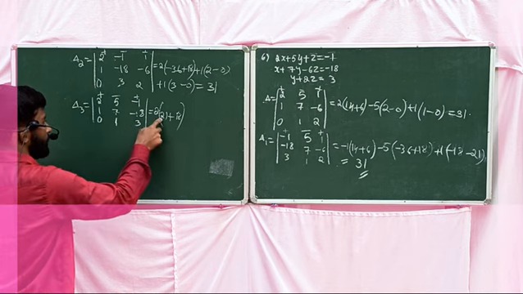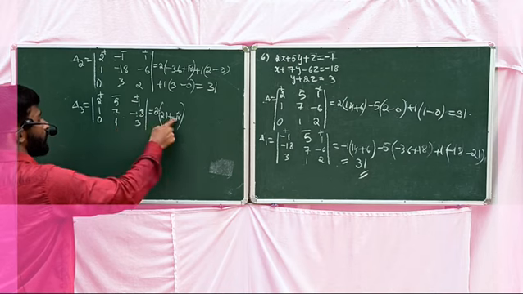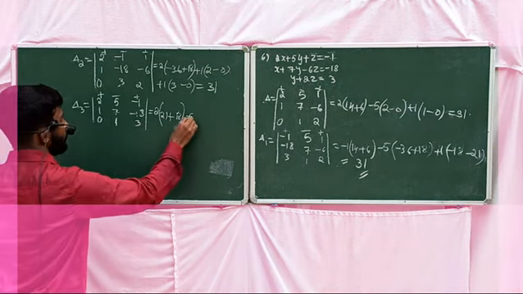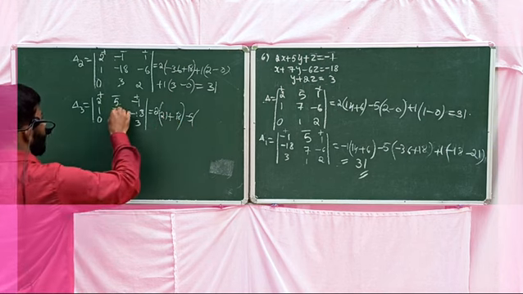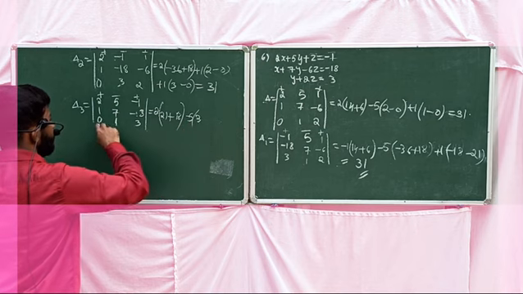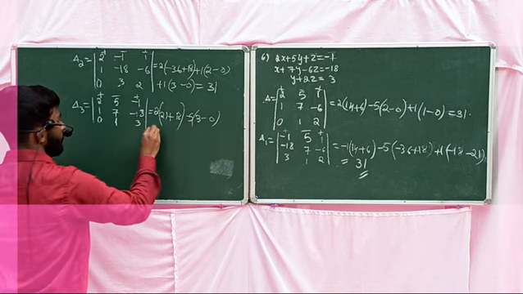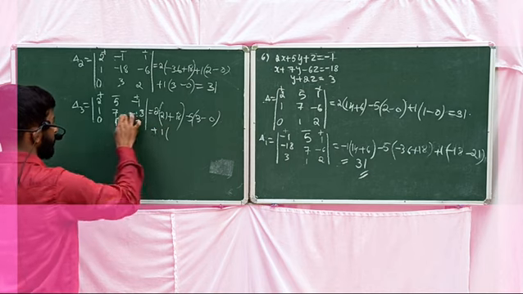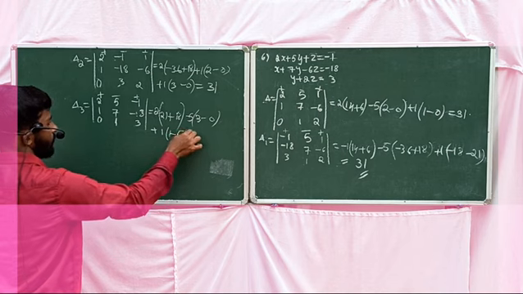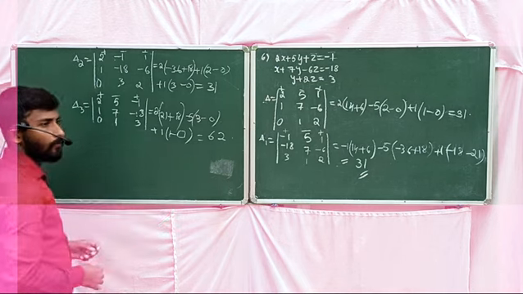Product of diagonal entry is 21, minus by the formula, minus 18 into 1 minus 18, minus into minus plus 18. Then minus 5 into, delete the second column and the first row, 3 into 1 is 3, then 0 into minus 18, it's equal to 0. Then plus 1 into, delete the third column and the first row, 1 into 1 is 1, minus 7 into 0 is equal to 0. Simplify, here you will get 62.